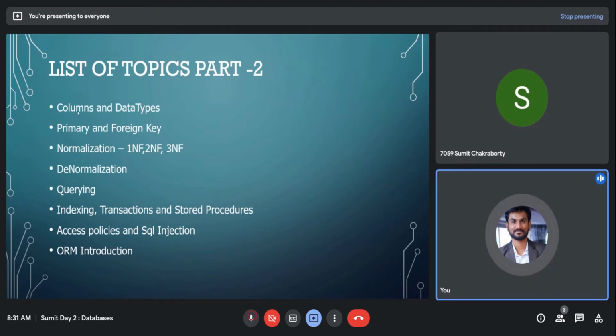So as I said, if you consider student information to be inserted in a database, consider first name, last name, date of birth, everything as columns. So that's as easy as that. And then when it comes to data types, we talked about string, number, boolean, and other object related data types in JavaScript. So similarly, you'll have data types in SQL as well. They'll be called varchar, bigint, int, and then you'll have JSON, blob. Okay, you'll have boolean again. So they're similar. It's just that the naming convention is a little different. Because it is a data type, there is certain restriction on how many characters you can store and so on. Otherwise they are all the same.